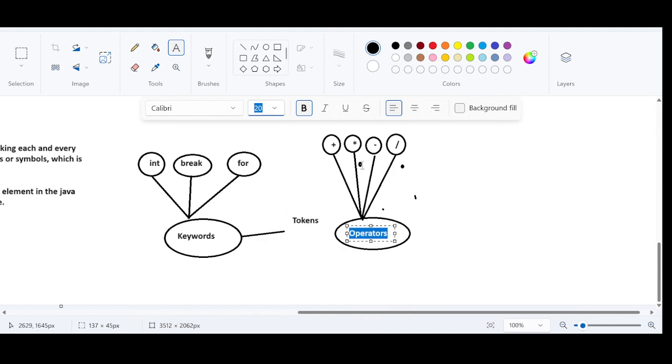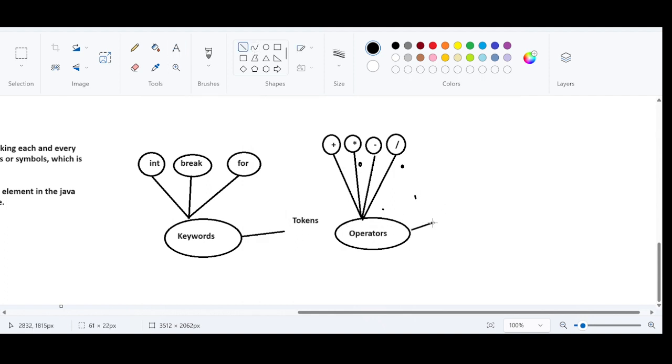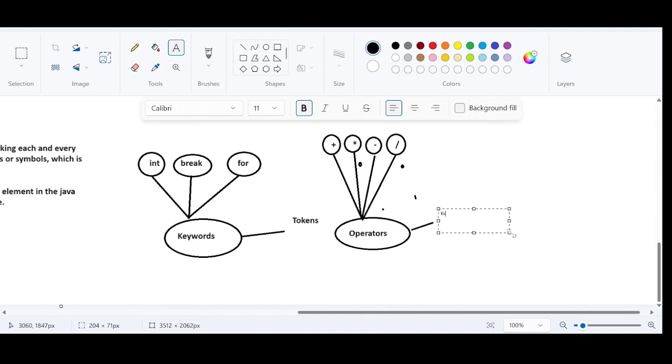These are combinedly called operators, and we call this what? Tokens. Right? Hope it is making sense. So if you ask me how many types of tokens there are in Java,